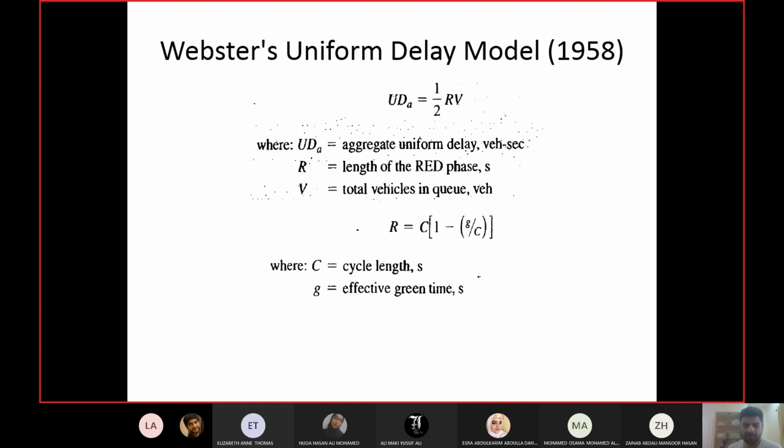In the calculation of effective green, which we did in previous lectures, we already subtracted the clearance lost time and the startup lost time. So whatever is remaining is red time, including the red phase and everything. G by C is the proportion of cycle length which is effective green. 1 minus G by C gives the remaining proportion, which is not effective green, and you multiply it with the cycle length to get the time for red. Again, this is the total red phase for the entire signal.